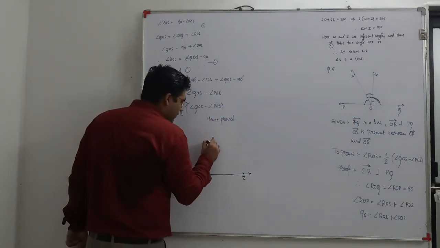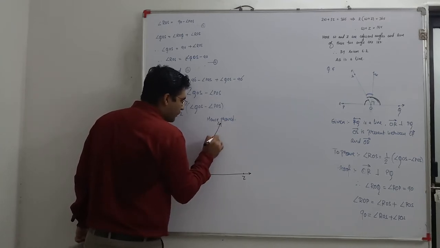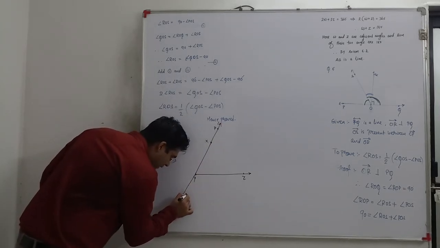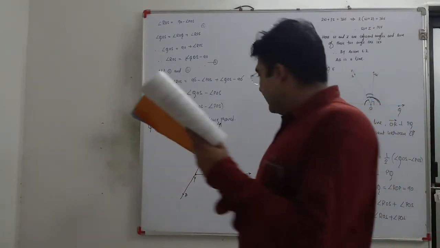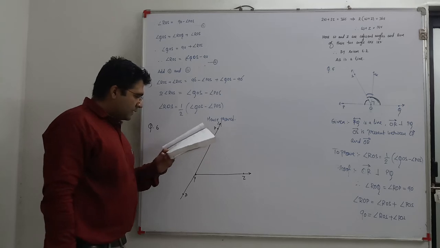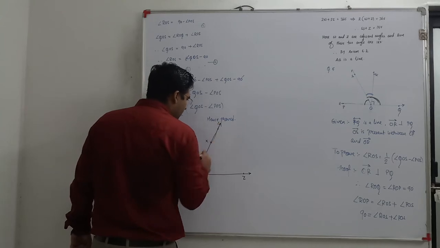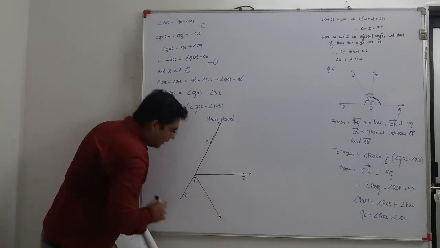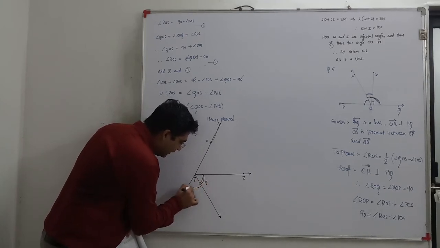Here I can extend this up to here, that is, XY is extended up to P. Maybe P is here or maybe here, whatever we choose. Now draw the figure from the given information. YQ bisects the angle ZYP, so it is obviously here, because if it is elsewhere then we cannot say. So there is YQ, a line which bisects the angle. Bisect the angle means if this part is A, then this one is also A.